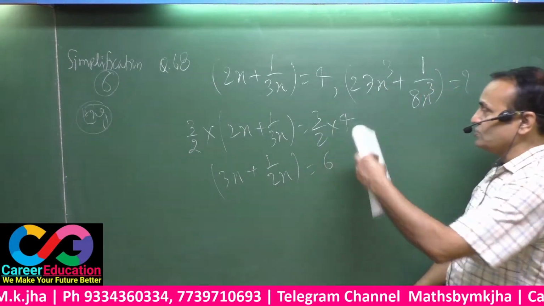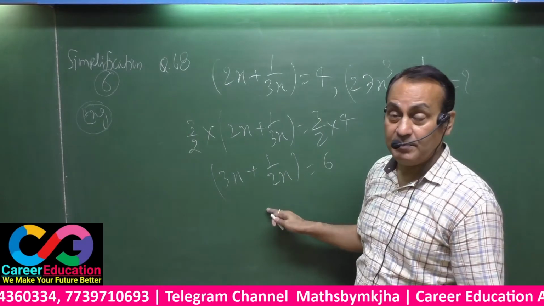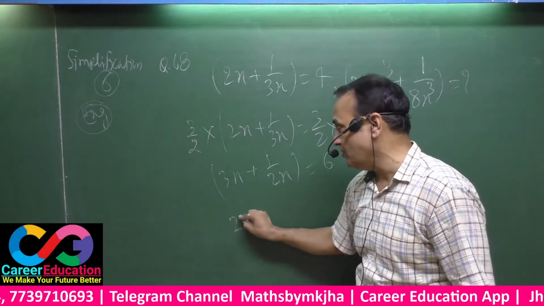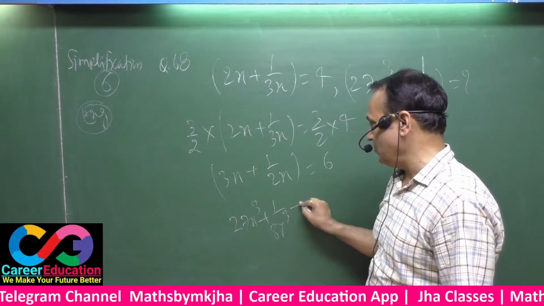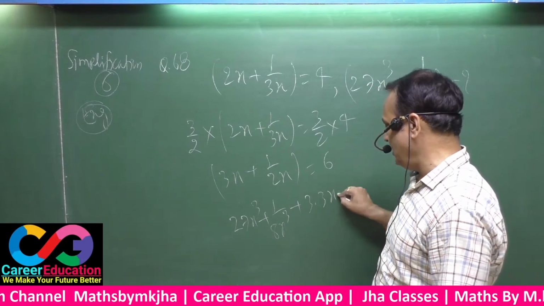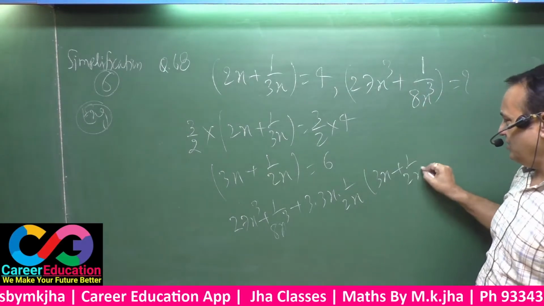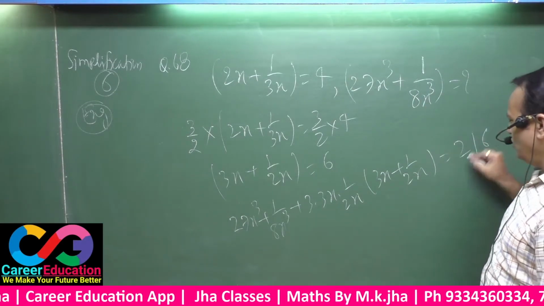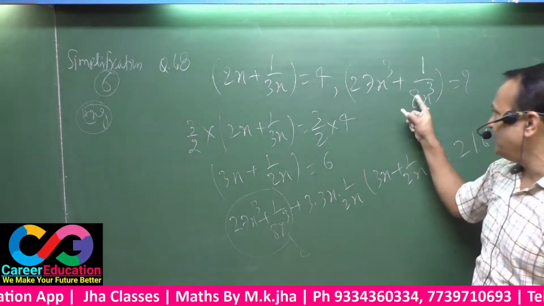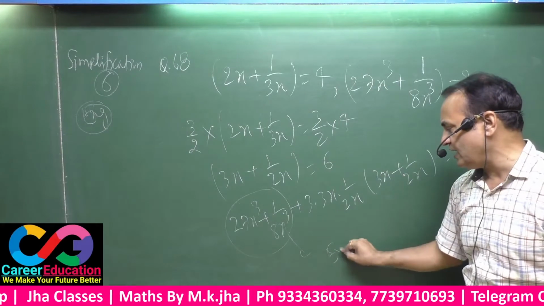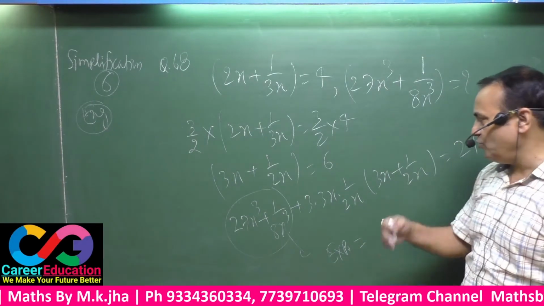After cubing both sides, you go through the formula (a plus b) whole cube equals to a cube plus b cube plus 3ab(a plus b), and 6 cube is 216. This to be pointed out is called the expression that has been demanded. You must write only the expression. In order to save time, minimum writing will certainly save your time.